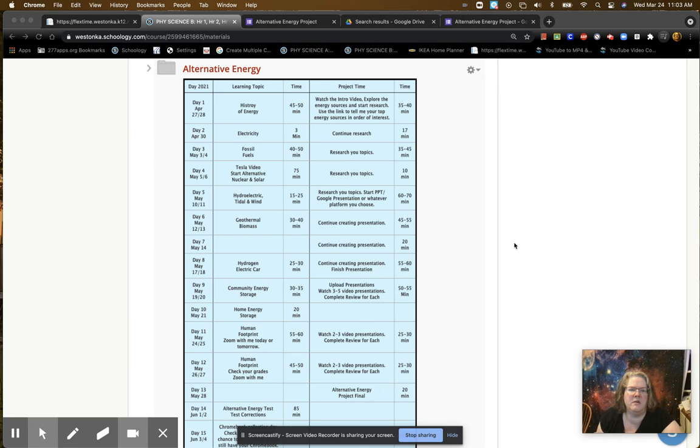Hi everybody, we are starting the alternative energy unit, and you'll see from the front of the folder that I literally have everything listed out. And obviously we've got a project at the end of the year, and you should be able to get it all done during class. So on this first column, we've got the day and the date,